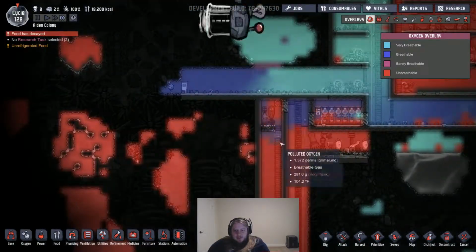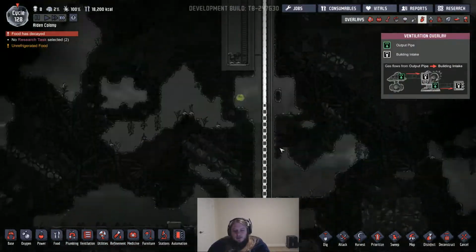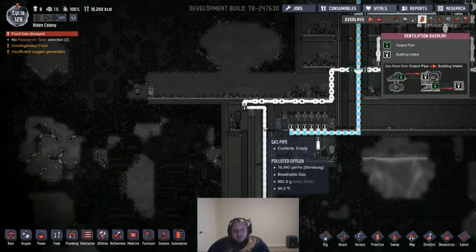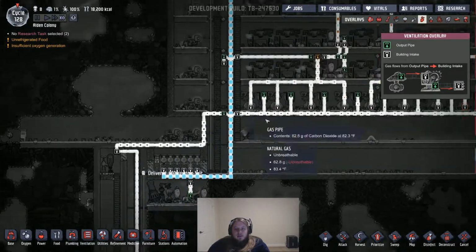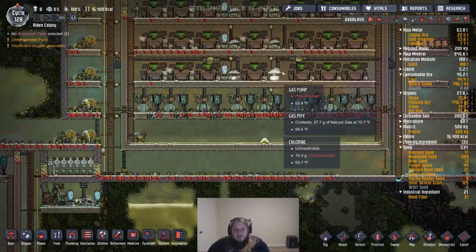So how's this doing for carbon dioxide? We're pumping mad carbon dioxide around. And basically, carbon dioxide is never even making it past this room anymore. So this is perfect. This is exactly what I wanted. These things are always able to run. We're actually...